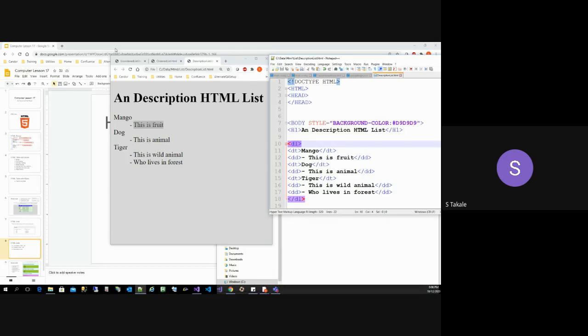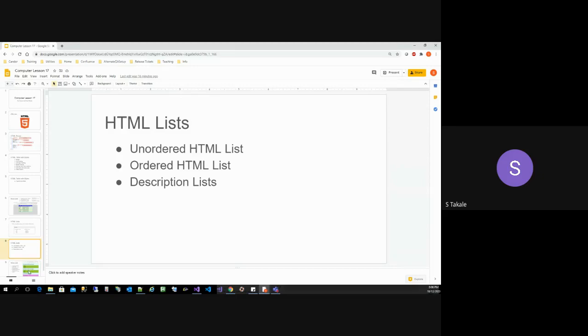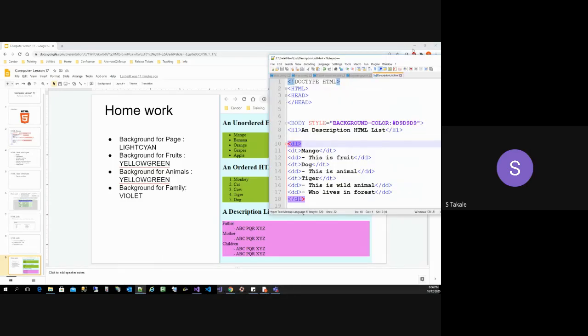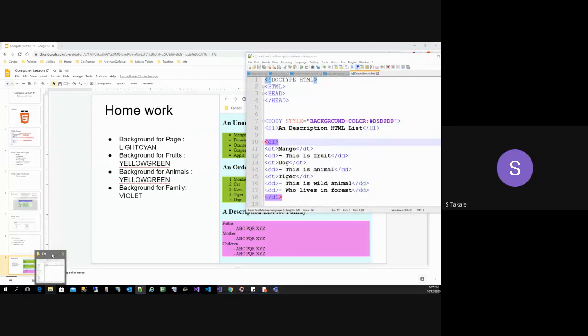Right? So I think for this week we will be doing the homework. I'm not sure what your question is, Rajula, but the idea is you are saving an HTML file, right? So you don't have to save anything special for the list. We use the name HTML. Now you don't have to name anything. Whatever question you are asking, it's not very clear, but I will show you one of the